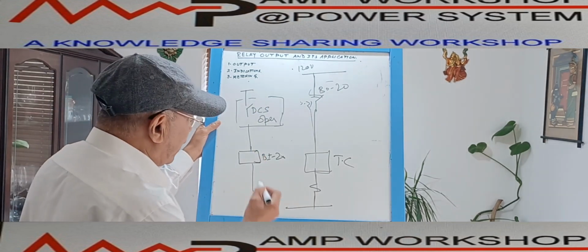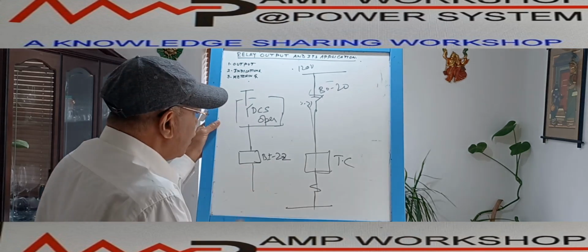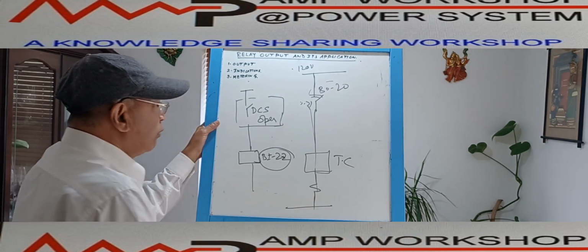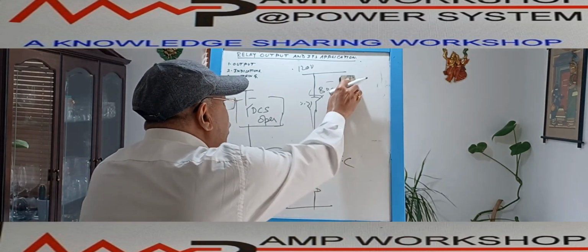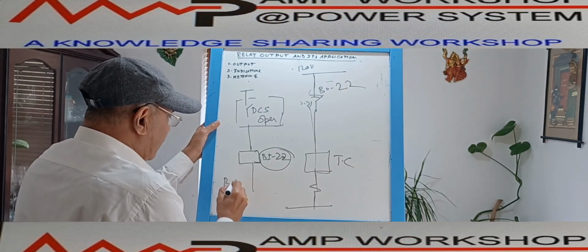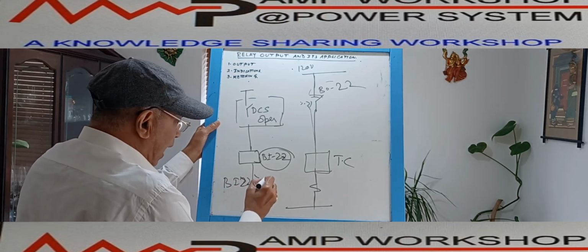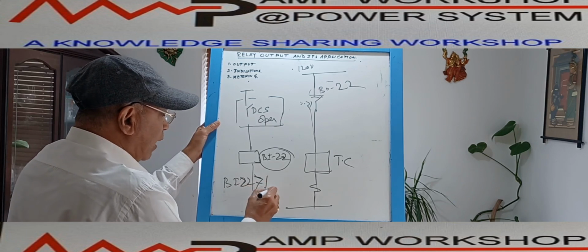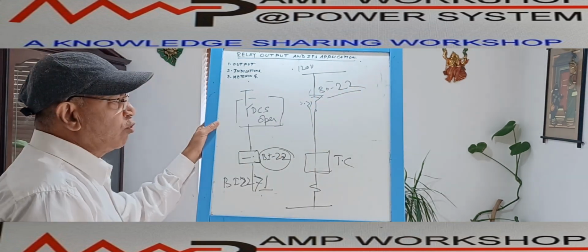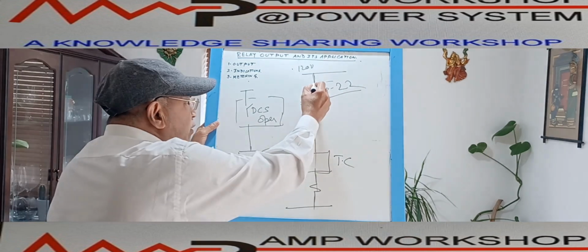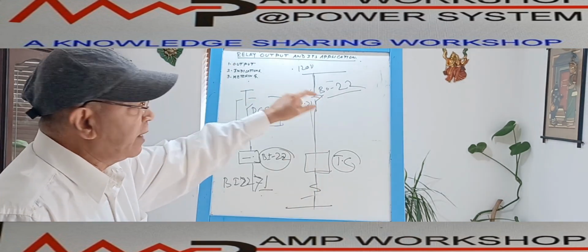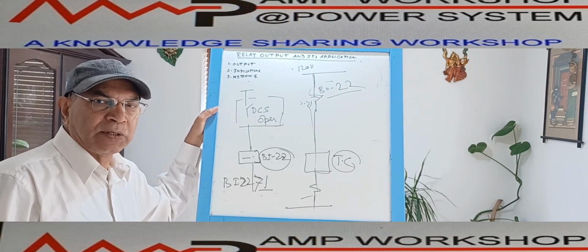Now I will configure binary output, suppose it is 22. When binary input 20 is high, immediately what will happen? I make the logic that when it is high, high meaning 1, it is activating immediately. BO22 will be activating. BO22 is binary output 22, and this BO22 will activate the trip coil and the breaker will trip. In that way, the binary output I can also use for tripping purposes. So this way,